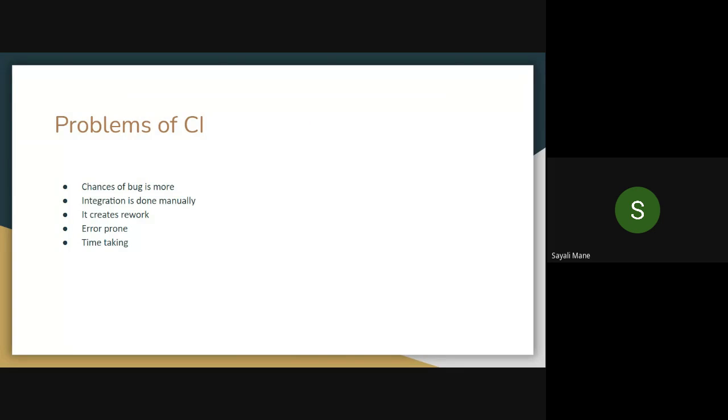So before going to the problem, CI stands for continuous integration. Okay, so what is continuous integration? If you remember, what is continuous integration? Again, no technical term. Whatever you know related to CI, that is continuous integration, you can speak or you can simply type it in the chat box. Continuous integration.